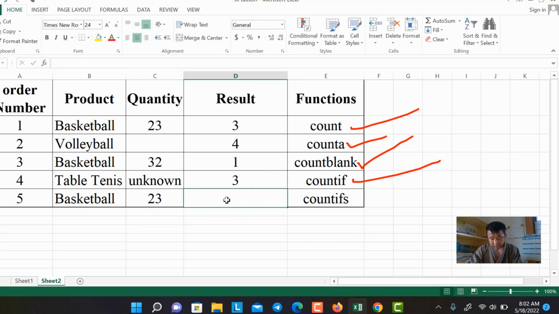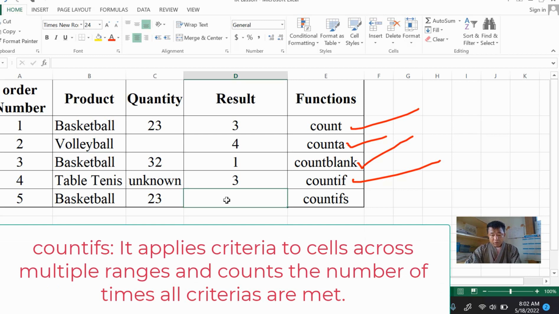And then finally, let's look at the COUNTIFS function. All right, the COUNTIFS function applies criteria to cells across multiple ranges and counts the number of times all criteria are met. Now for example, you have 3 basketballs here, and we have only 2 basketballs with the quantity 23, right? So here in the COUNTIFS column, I'm going to apply what it exactly does. Just watch and see. Equal to